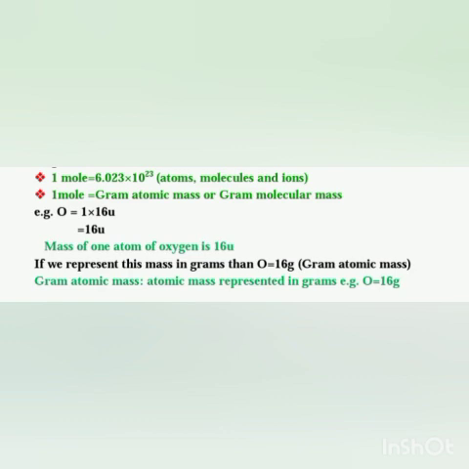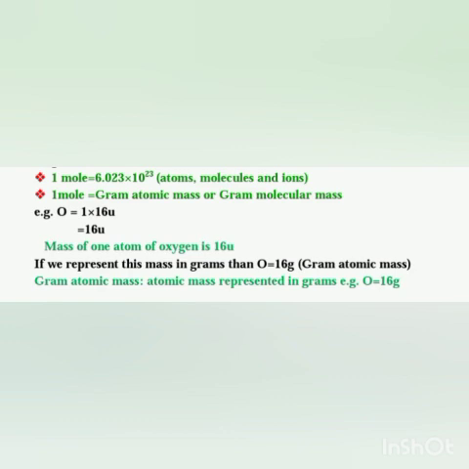It denotes a very, very small amount. So 16U means that it is the mass of only one atom, because U is a very small unit, the atomic mass unit. And if I write 32U, it means 32U is the mass of two oxygen atoms, or one molecule of oxygen. I think till here it's clear to everyone.